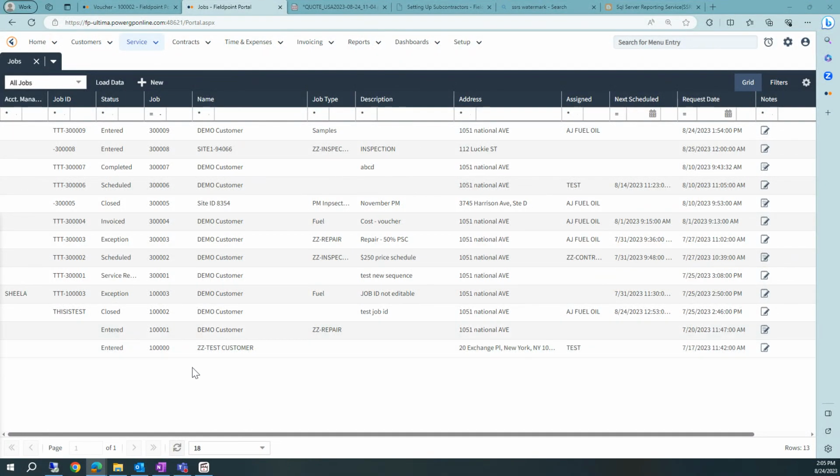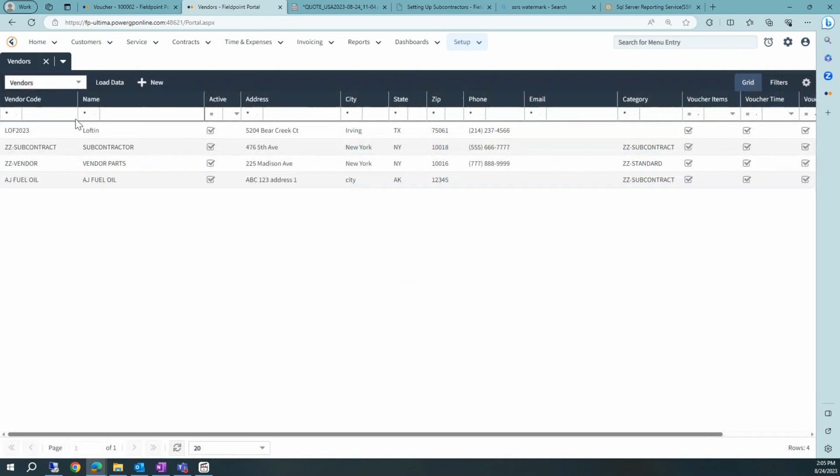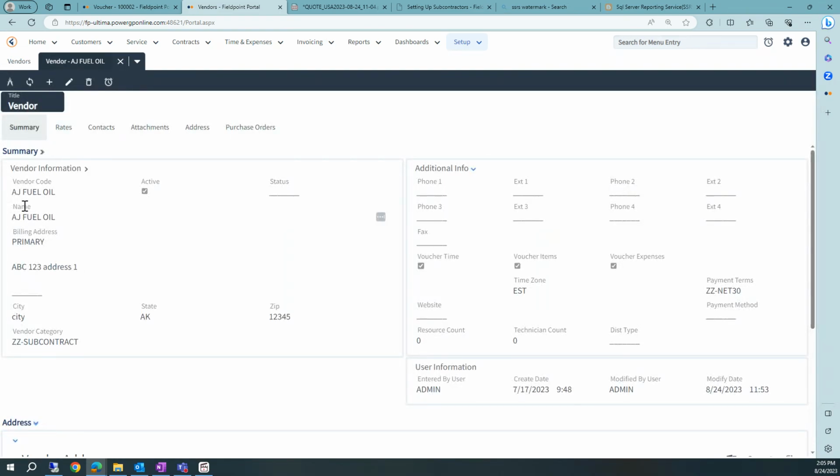Okay, so from here, we are going to create a voucher from the beginning to the end. One thing I need to mention before we start is on the vendor level, we have several vendors. You can set up what you are going to voucher: the appointment time, items, which is the purchase order, or the expenses. Currently, we're going to